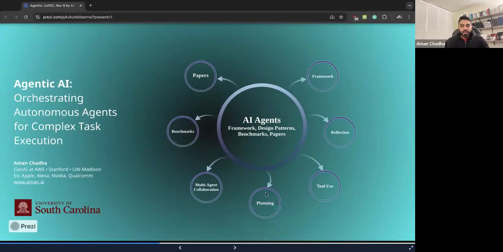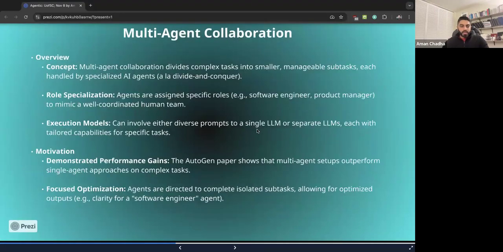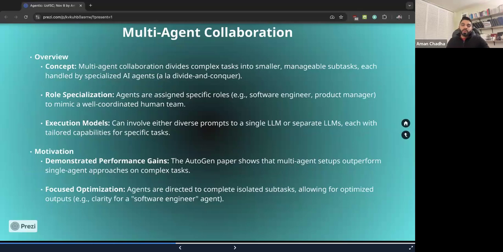All right. Now let's cover multi-agent collaboration first. So multi-agent collaboration divides complex tasks into smaller, manageable subtasks. And actually software development that we spoke about earlier is a classic use case where you have a grand task at the end of the day that you want to accomplish, and then you have individual agents that carry out specific tasks in a divide and conquer fashion. And then at the end of the day, once all of them have results, they return them back to the LLM. So it synthesizes the final output based on the output that it has received from these individual agents.